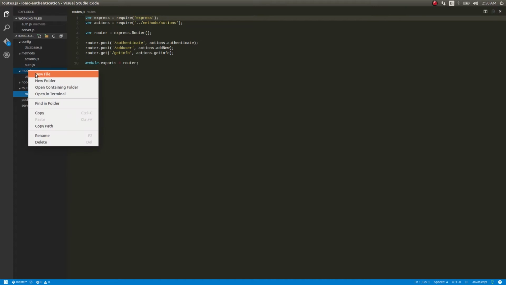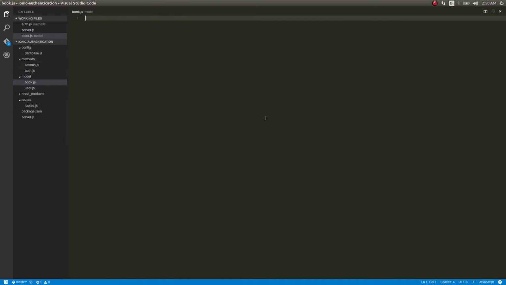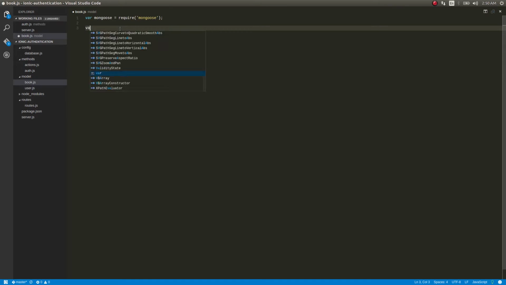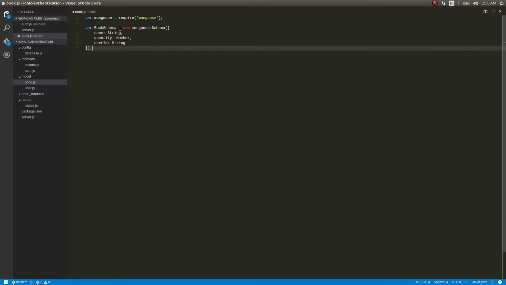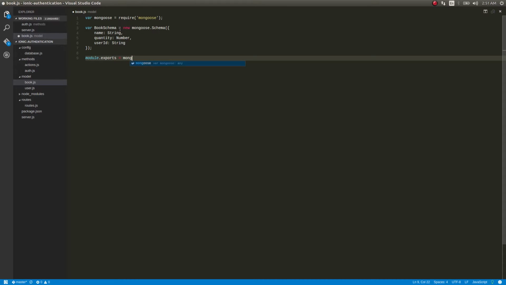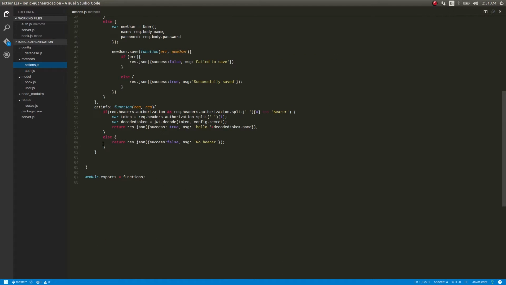So first of all, let's create a model. This will be book.js. I'll just go ahead and time lapse this, guys, so that this video will be much shorter. Okay, this is done. Now we'll make use of this in our actions.js. Add two more functions like this.